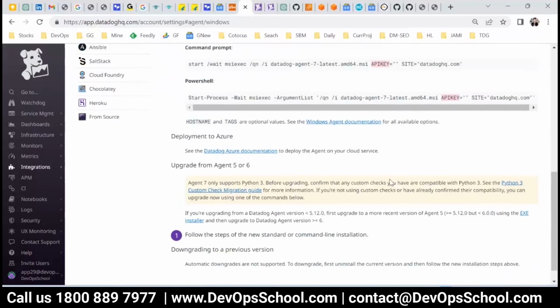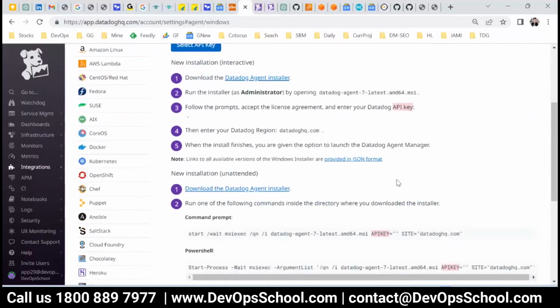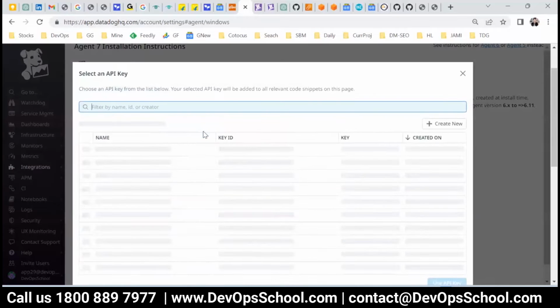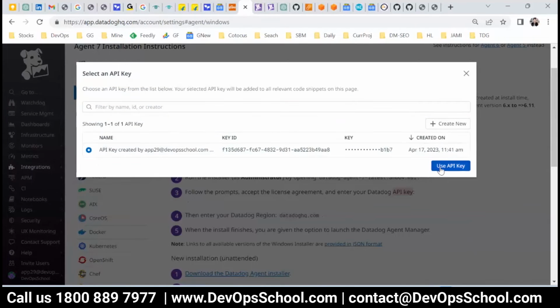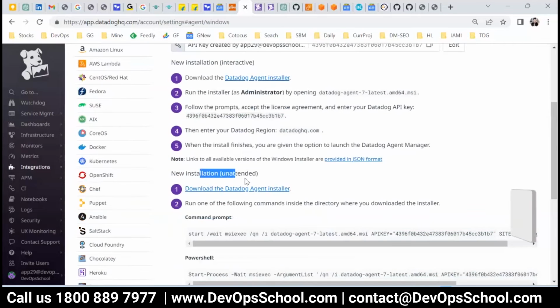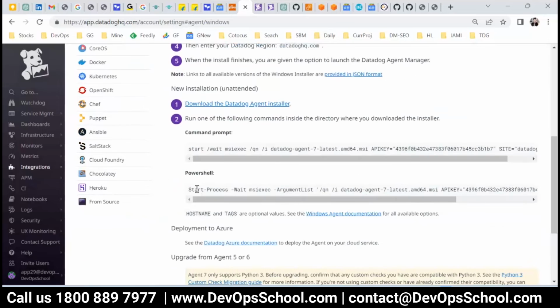Now guys, don't rush, just read it. Many people are not reading it, simply running the command. Here you have to select the key, because earlier a key was selected, but here you have to select the key. If there are multiple keys, you select the one you want, and then there are multiple installations we have. This is interactive, and this is a command line. This command line is for the Windows command prompt. This command is for PowerShell. So whichever you like,